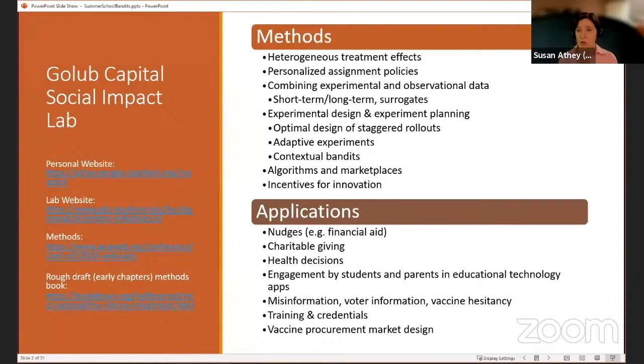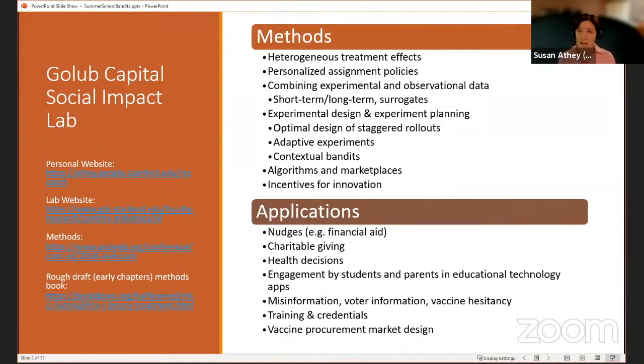And when I first went to Microsoft in 2007 and was working on the search engine, one of the first things I realized was that actually, no, experimentation was a science with many, many unanswered questions. Everything from how to share control groups across many different treatments, how to deal with different types of persistence, how to design experiments when there's interactions among the units in the experiments. Those were all things that I saw immediately as needing attention. How to plan experiments if you're going to try to do a personalization or reuse the data afterwards.